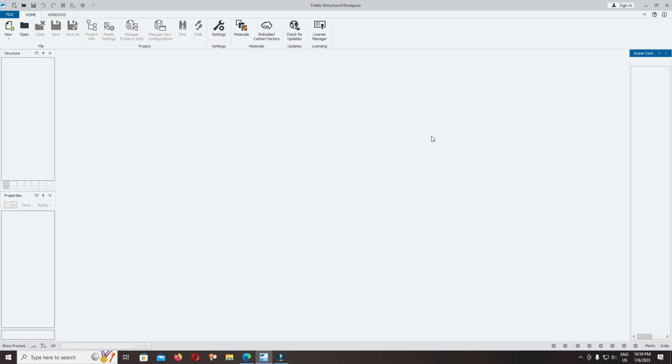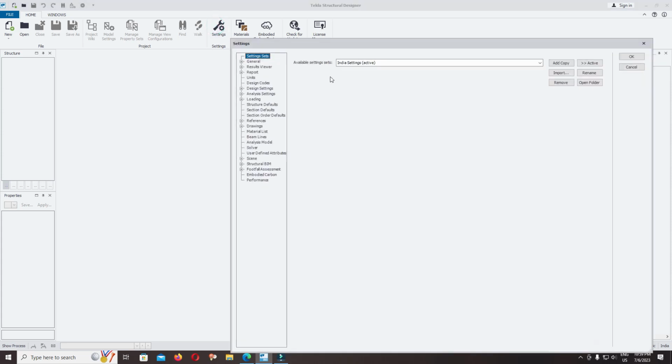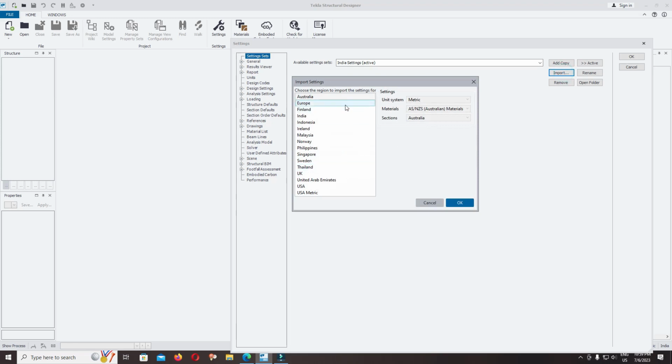Hello everyone, today I will show you how to change design code in Tekla Structural Designer. Click on Settings, click on Import, select the code you want to use. Now we focus on the IS 800 2007. Click on India, click OK,